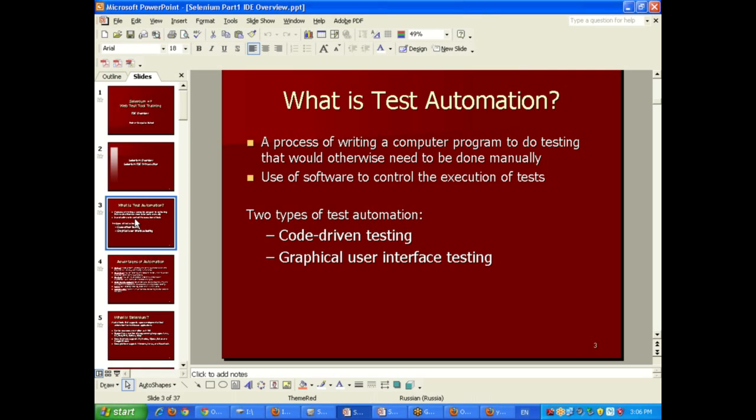We use software to control the execution of tests, and it's a very important part to understand that the majority of activities, especially in the area of time savings, are activities related to test execution. Even though there is a lot of time spent on designing and creating those automated tests. So it's a two-part process. One is about creating those test scripts, automated test cases, and another part is execution of